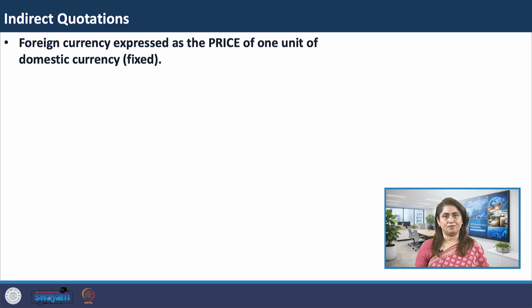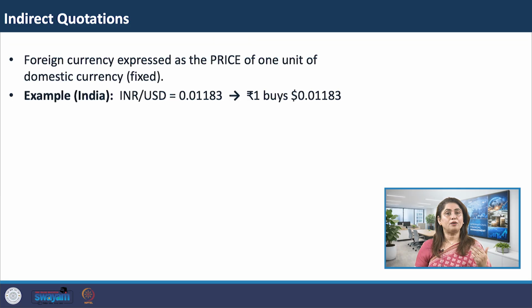Now let us flip the logic entirely and look at indirect quotations. In an indirect quotation, the relationship is reversed. The foreign currency is expressed as the price of 1 unit of domestic currency. Now the domestic currency is the base and it is fixed at 1, and the foreign currency is the price that varies. From India's perspective, INR by USD is equal to